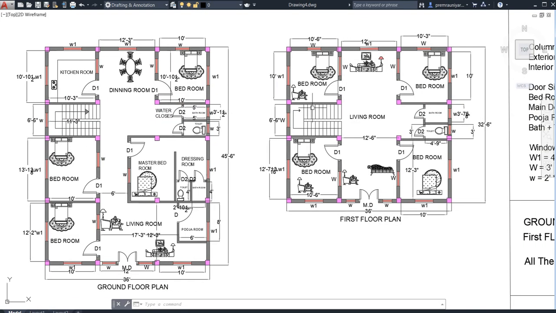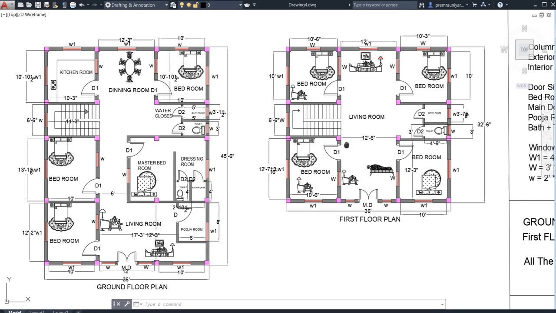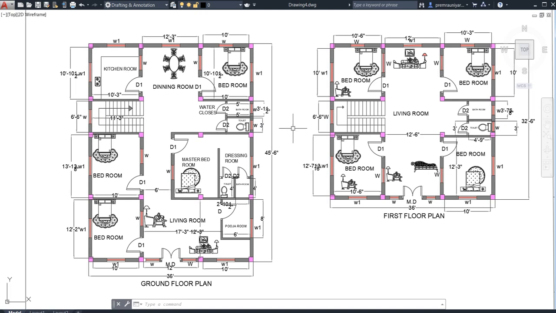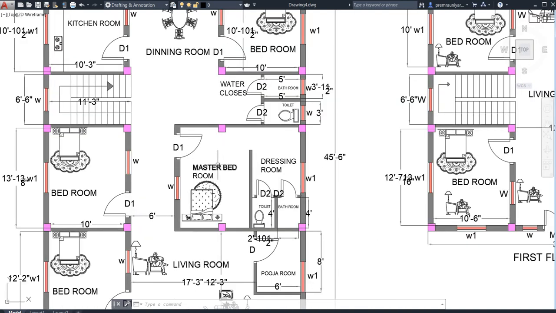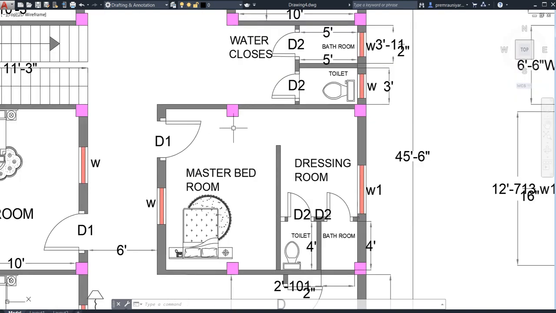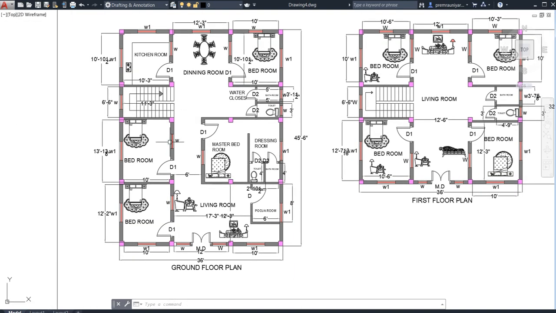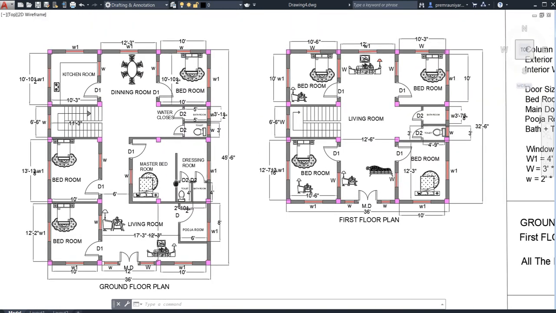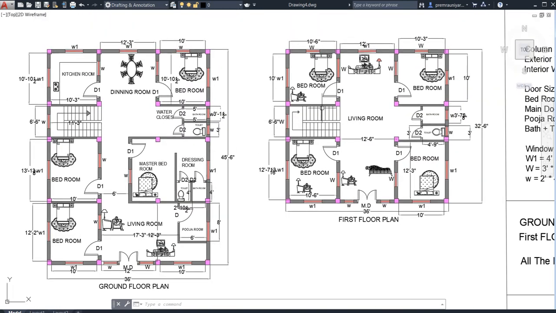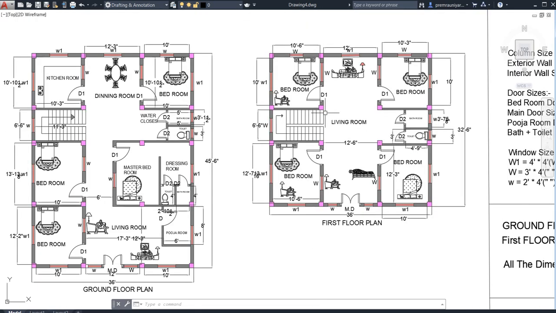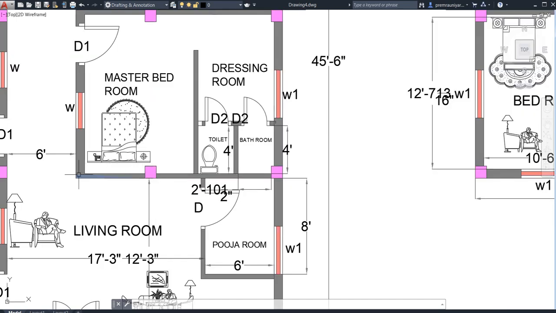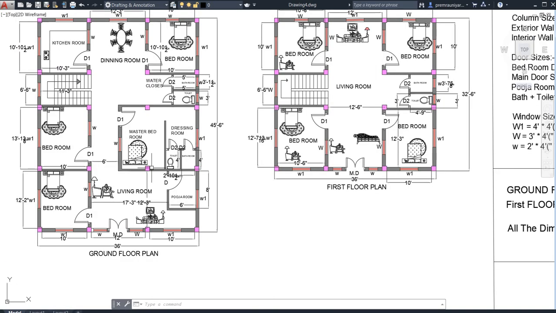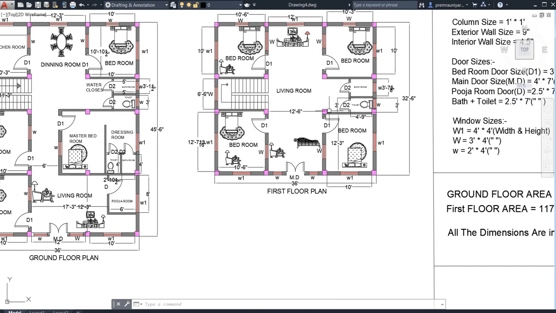This will be the first floor of this plan. Generally, according to the ground floor, we have to decide our first floor also, because of the pillars. You can see this is called a pillar or column. In civil engineering terminology this is a column, but in general language we know it as a pillar. The pillar is on this side, and in the same way we need to keep that. Here I have increased the wall up to here, you can see my cursor, but here I did not increase it.